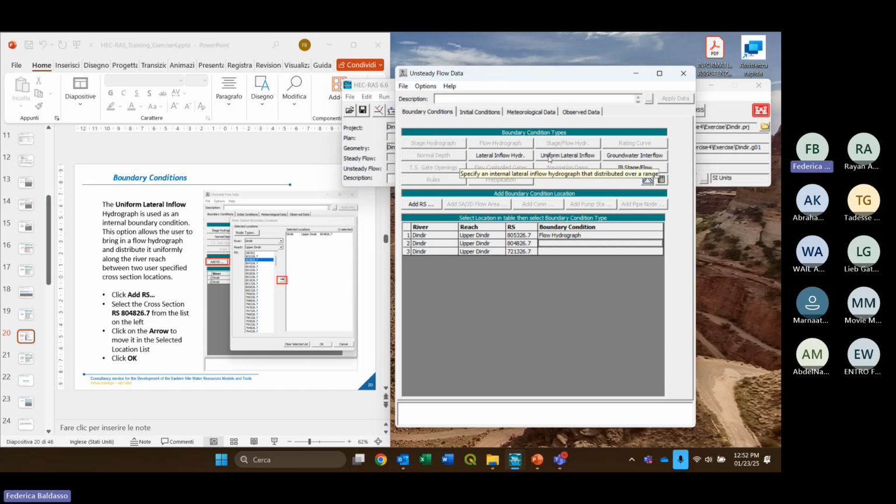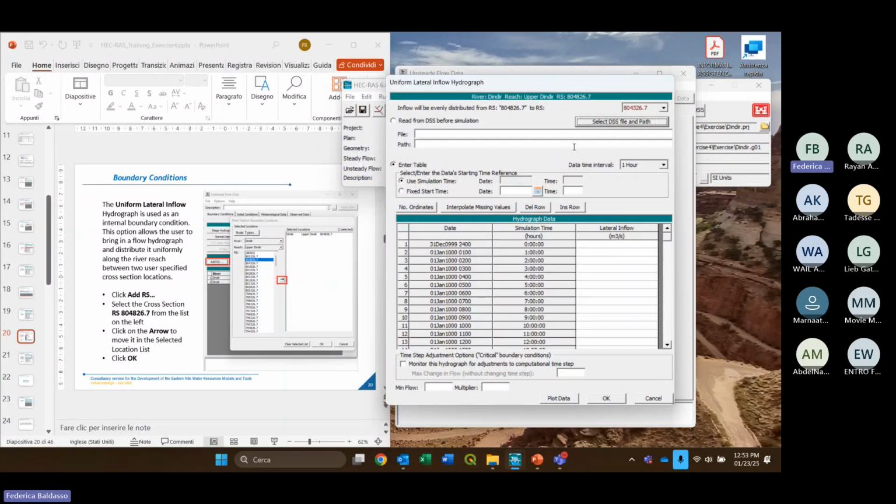This option is used as an internal boundary condition, and it allows the user to use a flow hydrograph and distribute it uniformly along the river reach, starting from this cross-section to another one, which can be specified by the user. So select the cell of this new cross-section, click on Uniform Lateral Inflow,